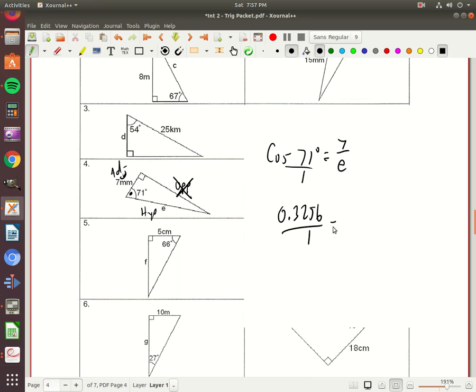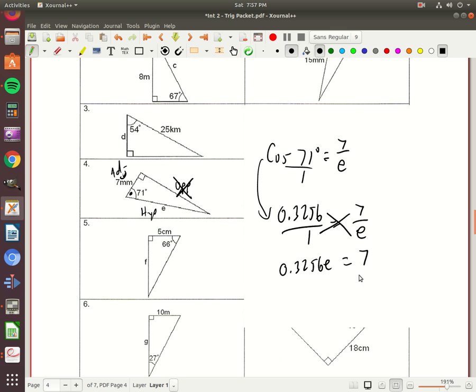0.3256 over 1 is equal to 7 over e. And again, please realize I just translated this from the table, right? They already did the work for us. Someone else figured out these ratios. We're just using the ratios. If I cross multiply, I'm going to get